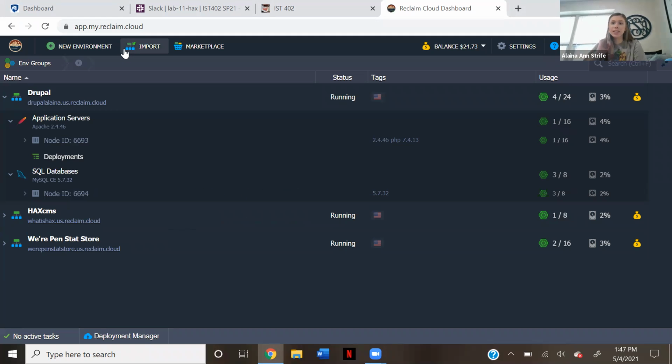Today I will be going further into detail with Drupal from the last video that I filmed. So again, we are using Drupal through Reclaim.cloud, the environment that will allow you to do all of these types of different web development. So if you want to open and edit your Drupal within the browser, which I recommend doing, you're going to